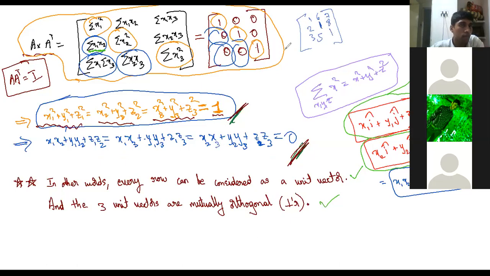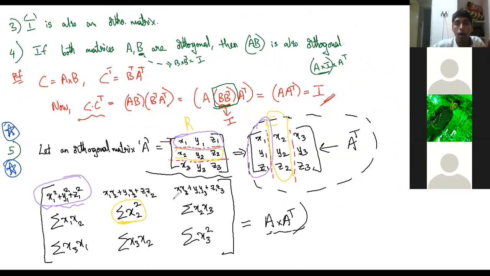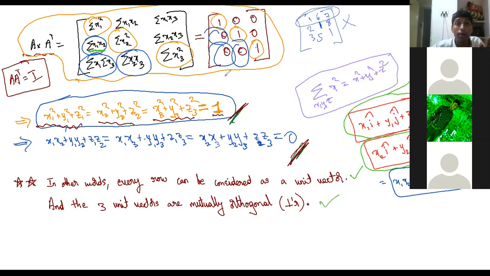मतलब यहाँ जैसे आप एक स्टेटमेंट दिए कि in other words every row can be considered as a unit vector and the 3 unit vectors are mutually orthogonal. तो ये नहीं होगा यूनिट वेक्टर। So this will not be an orthogonal matrix, simple na. कि ऑर्थोगोनल मैट्रिक्स होने के लिए ये होना पड़ेगा, because I didn't introduce anything, we simply multiplied, we took any arbitrary matrix x1 y1 z1, कुछ भी हो सकते हैं, but when can you say it is orthogonal? You can say it is orthogonal provided A into A transpose is becoming identity matrix. वो हम चेक करें, we are checking when it can become equal to identity matrix.